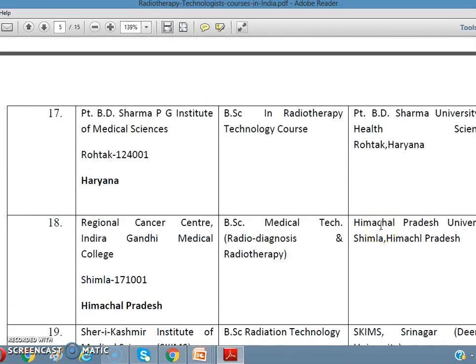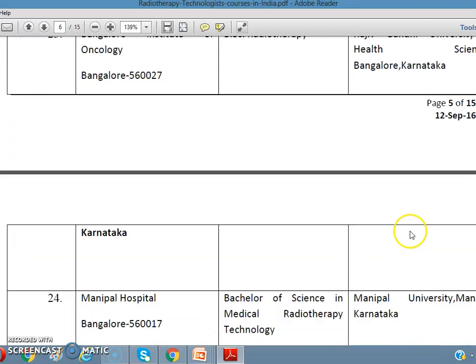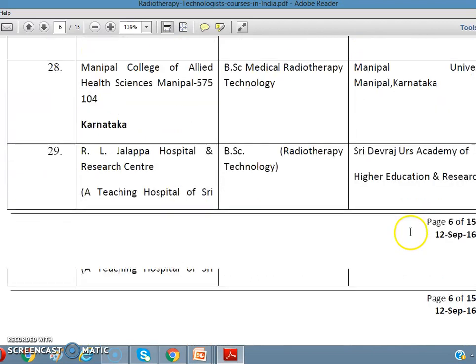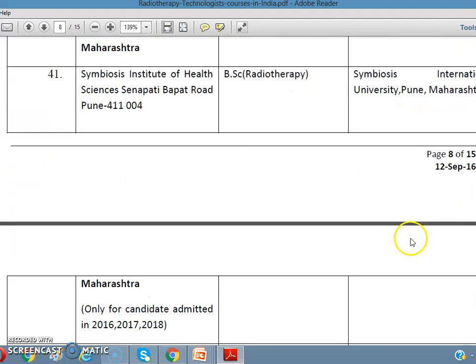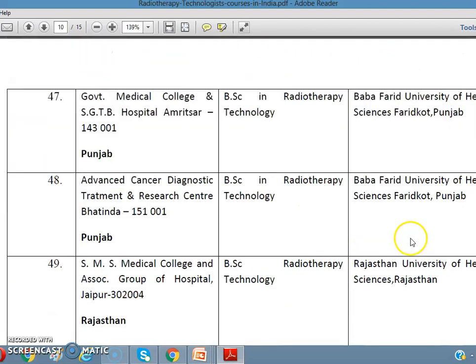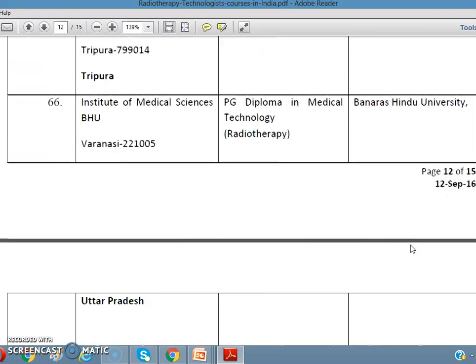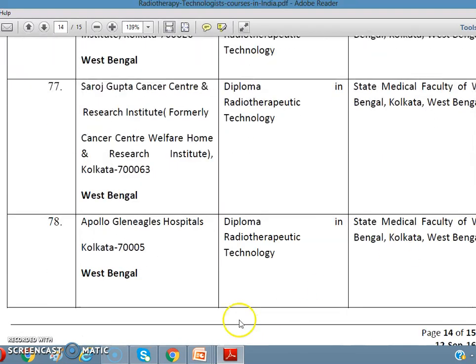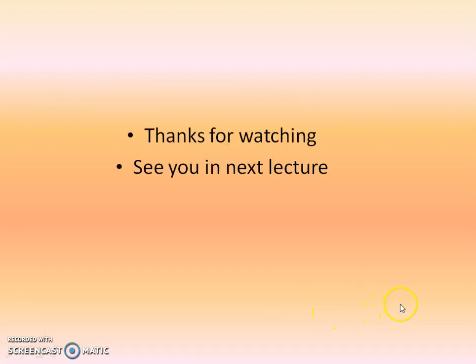So you can convey this message to your friends who want to join BSc, who can directly go for BSc in Medical Technology, Radiodiagnosis, Radiotherapy. And if you have done BSc, you can go for further courses. A good career is there. So there are various courses in India available in this field. Those who don't become doctors and want to work in this field, this is a very good opportunity. So I hope that you have